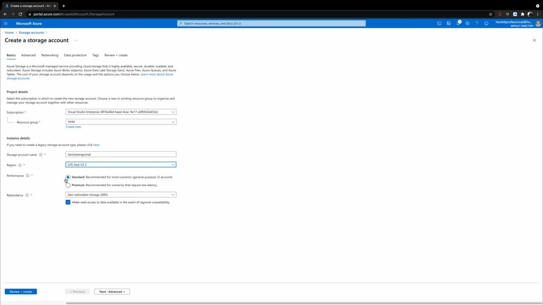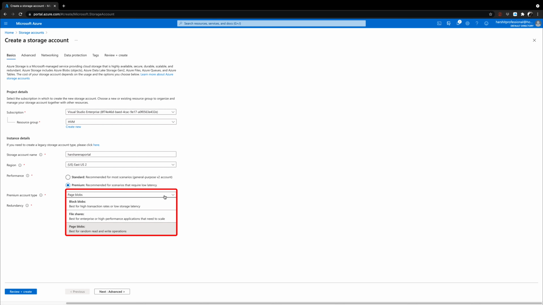However, before we move forward with the standard one, if I choose premium, you can see the option has changed here, because as soon as I choose premium, that means we are talking about SSD, right? Solid state drive. And in the premium storage account, what kind of storage can you create? One, you can create blobs, best for high transaction rates, as I already explained to you in the past, and it